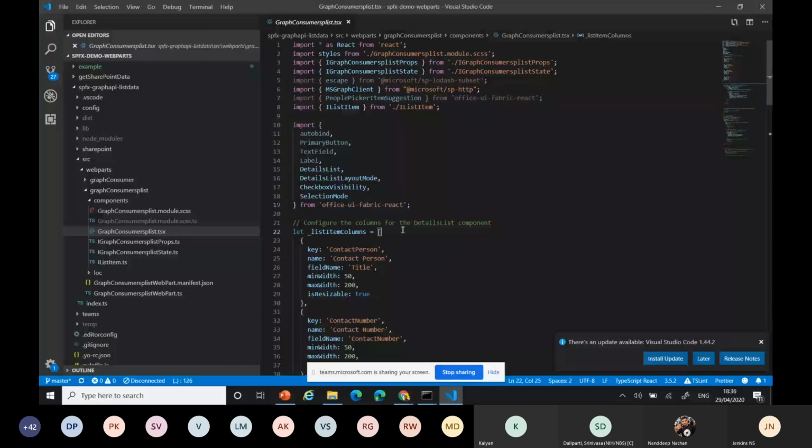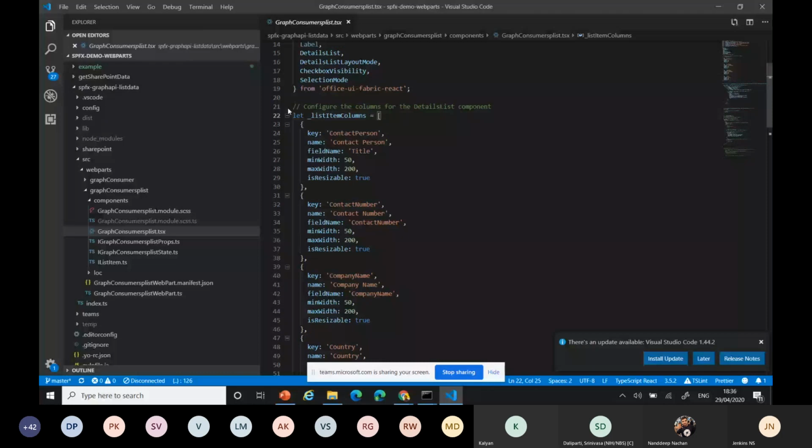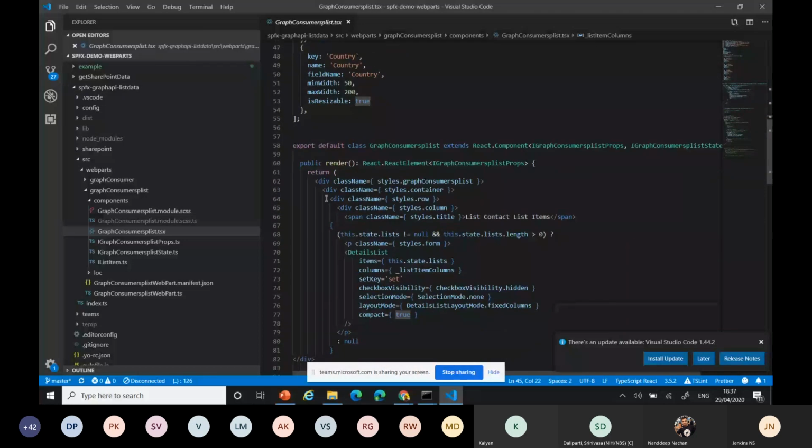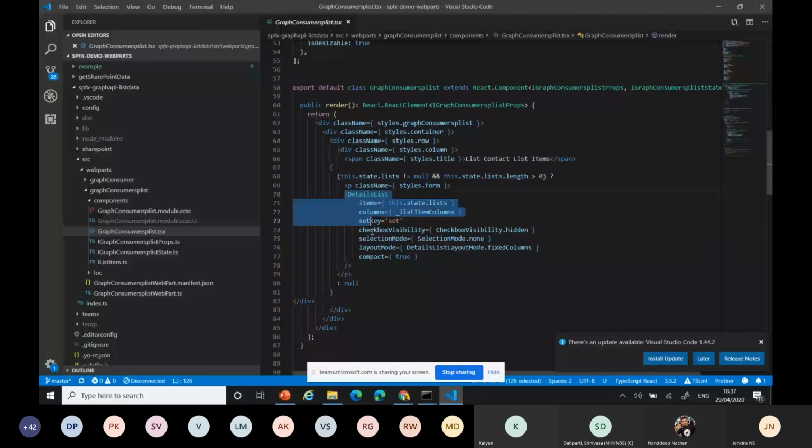It's moving. Then I created one details component for what value is going to come for the particular details list component. This is how I added the headings, with a particular size and field name, whichever one you want to bind to the particular control. I created the control. Then coming down here, you can see the rendering part. I added that control with the options I can set, and we can add the particular list item column values back to the particular control to bind.